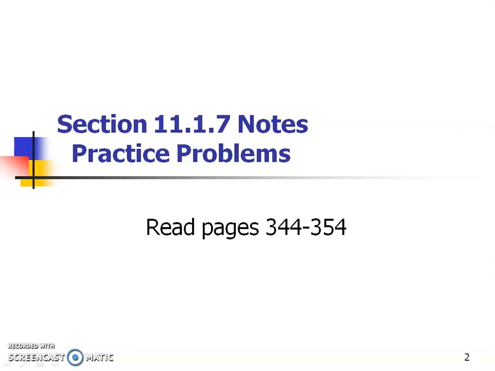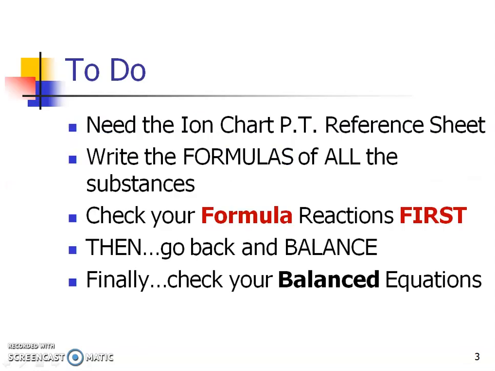This is Mrs. O'Neill for Chapter 11, Part 1, Section 7, the practice problems: write the words, make formulas, and then balance. So hopefully you didn't start it yet, but you will need that ion chart and periodic table reference sheet again. And what I'm going to strongly suggest is write down all the formulas for all of the reactions first, because